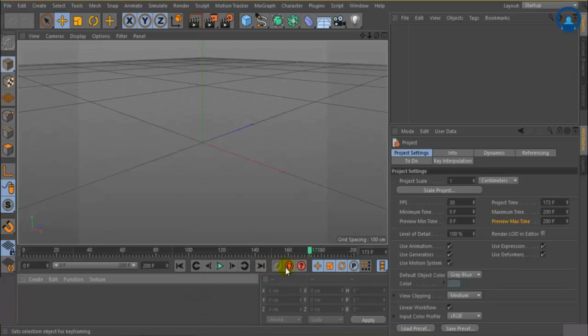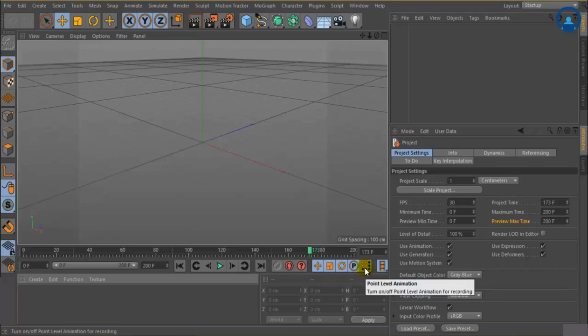Here the next things are for keyframing. I'll show you how to use this in just a minute, and which property you are going to animate. If you want to animate only the position of the object, you just turn off the scale and rotation options. Or you can turn off this parameter option too if you want. It depends on you. If you want to animate only position, you can just keep this option on, or you can keep it on for scale, or for rotation, or for the other parameters you can click on this one.